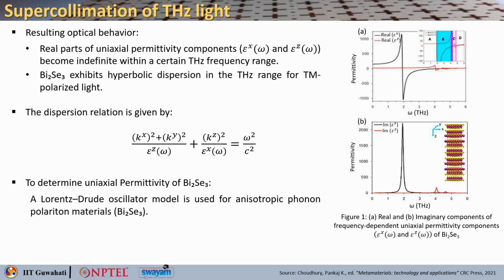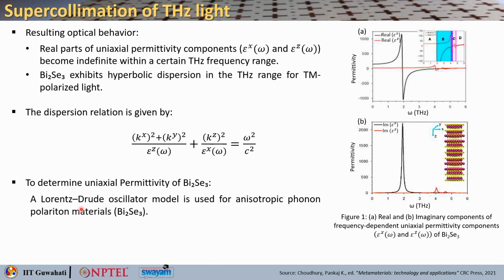Okay. So, in bismuth selenide you will see that phonon polaritons are basically a type of quasi particle that is formed by the interaction of light with lattice vibrations. So, that polariton is coming from the optical interaction with phonon. So, that is why it is a phonon polariton, right. So, these polaritons can exhibit unique properties due to the material's anisotropy. So, you can use this Lorentz-Drude oscillator model to understand and predict the behavior of this phonon polaritons in different